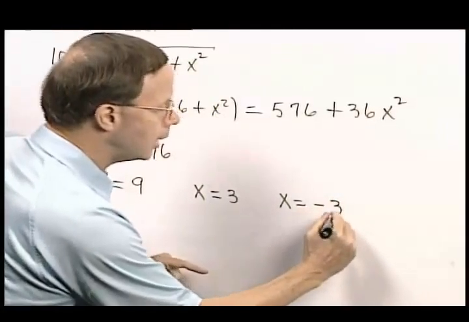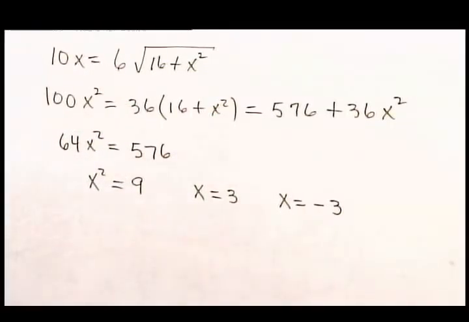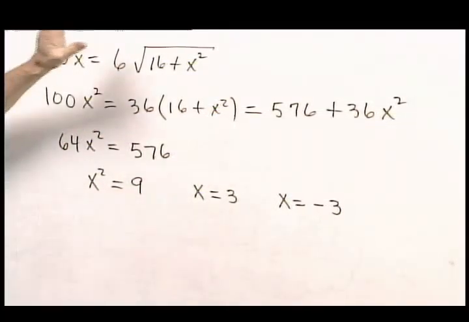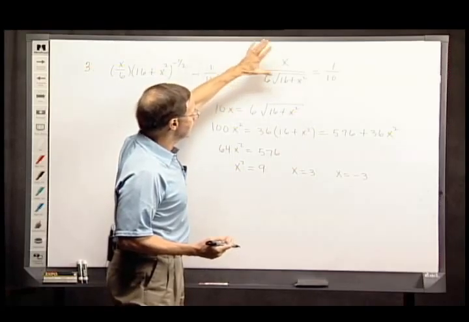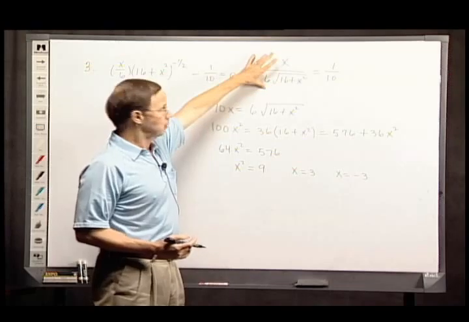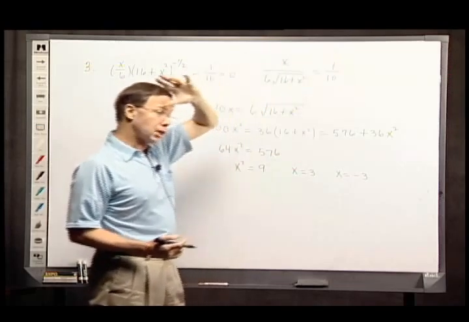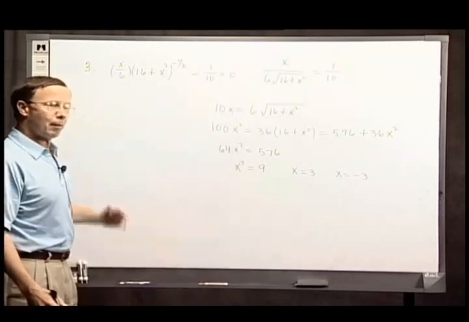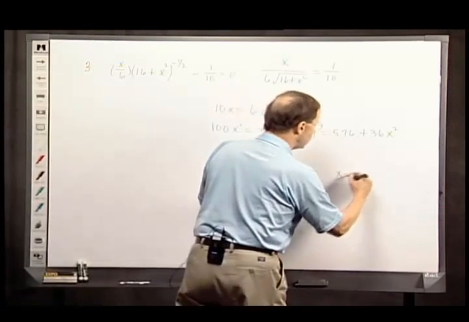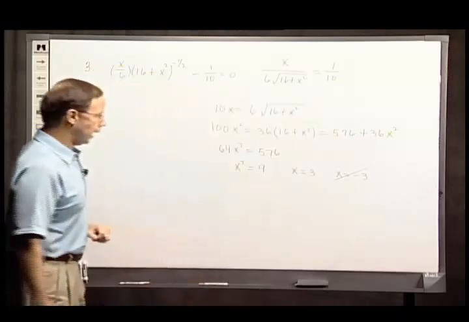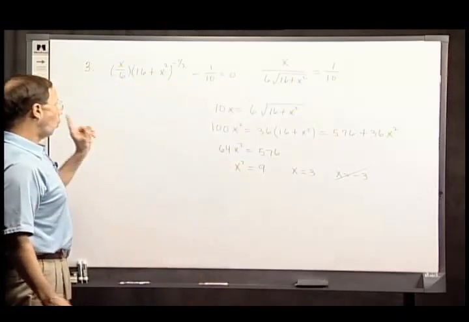Negative 3 won't work in here, and I'll say no more about it other than the fact that on the left side, if x is negative, this fraction would be negative, and this fraction is positive, and that just can't happen. So again, if you tried to substitute it in, you'd find that no, that isn't the answer. In fact, the one and only